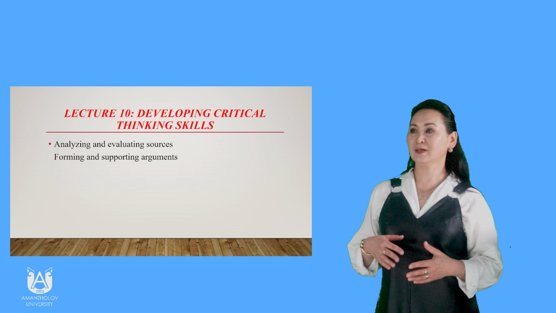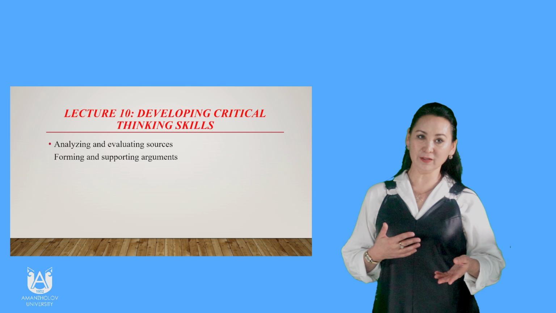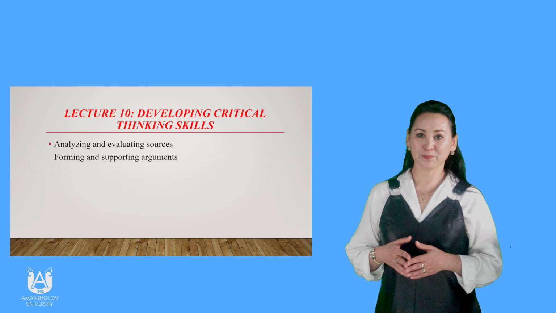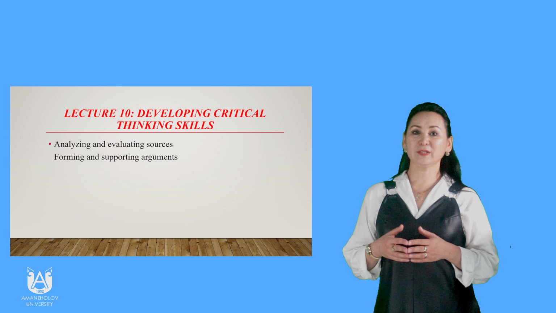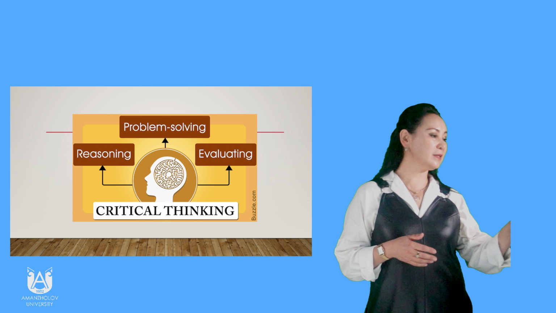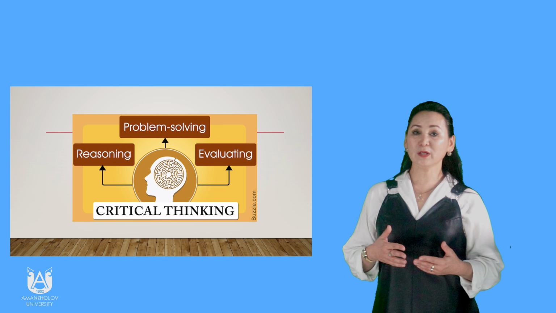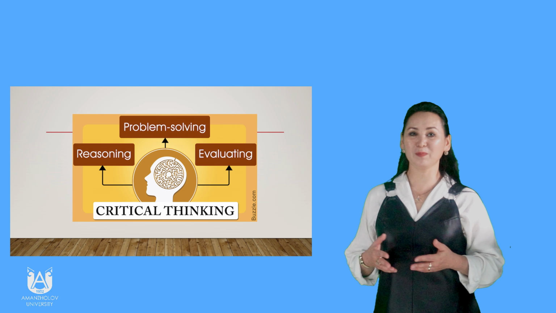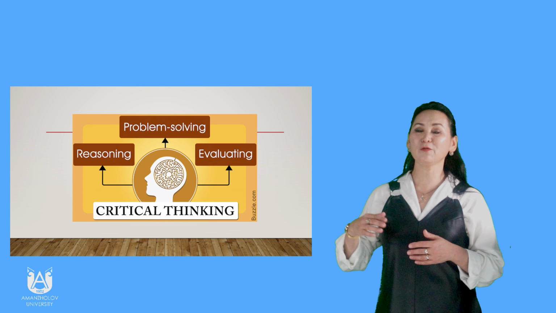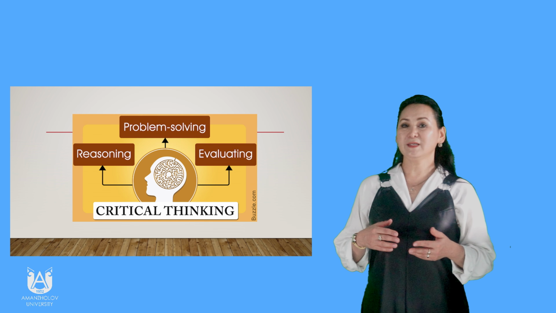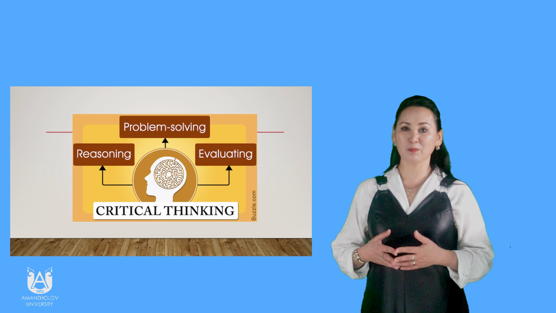Next, turn to lecture number 10, developing critical thinking skills by writing academic papers. So, overview. Critical thinking is the ability to analyze a problem or concept. The real philosophical question is, what is a problem? Once you understand what is a problem, there are steps to solve the problems. Critical thinking is the ability to define, analyze, and ultimately solve a problem.